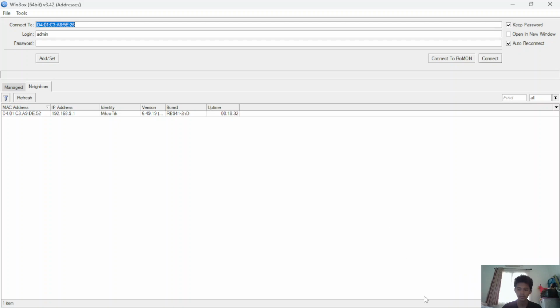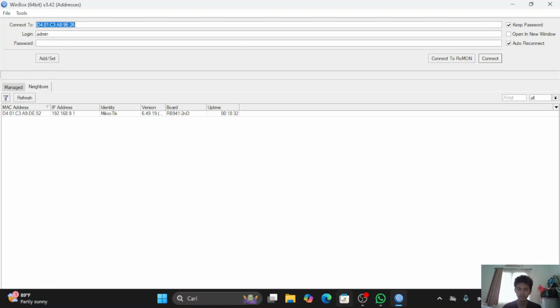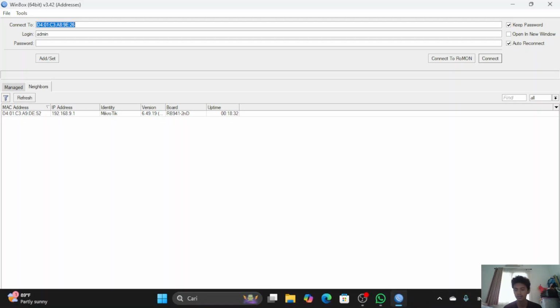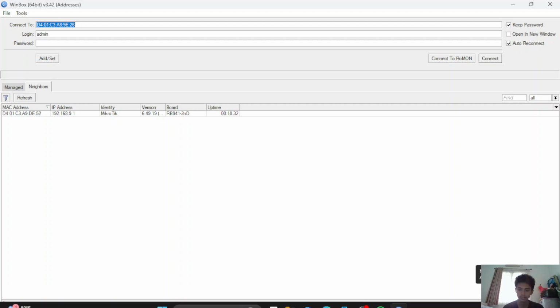Okay, wait a minute. Now this is success, because the mark changed. This port 3 success, port 4 success.